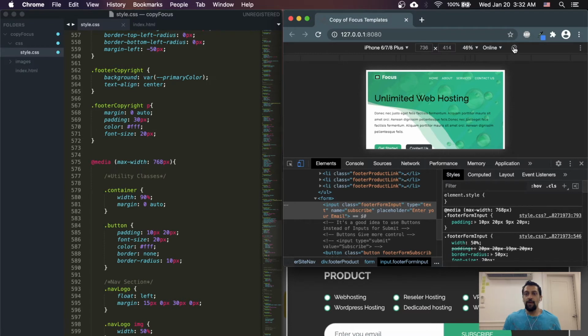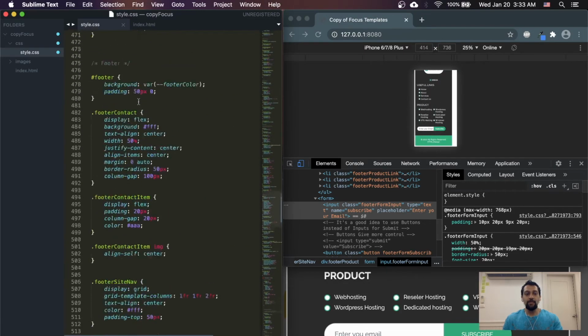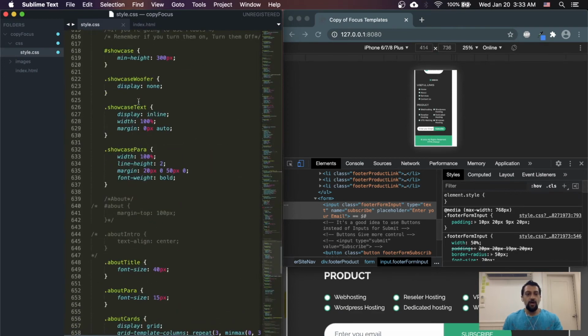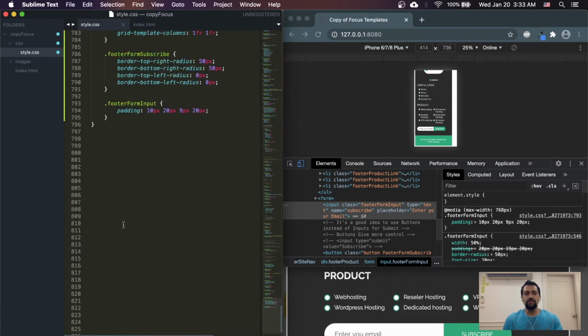Now if we change to the 414 size, it doesn't look good, there are many problems. How do we fix this? Don't worry, we just need to do the same thing as before. So we can take the same exact thing we did on our media query and apply the same exact logic to the 414. And so now if we do that,